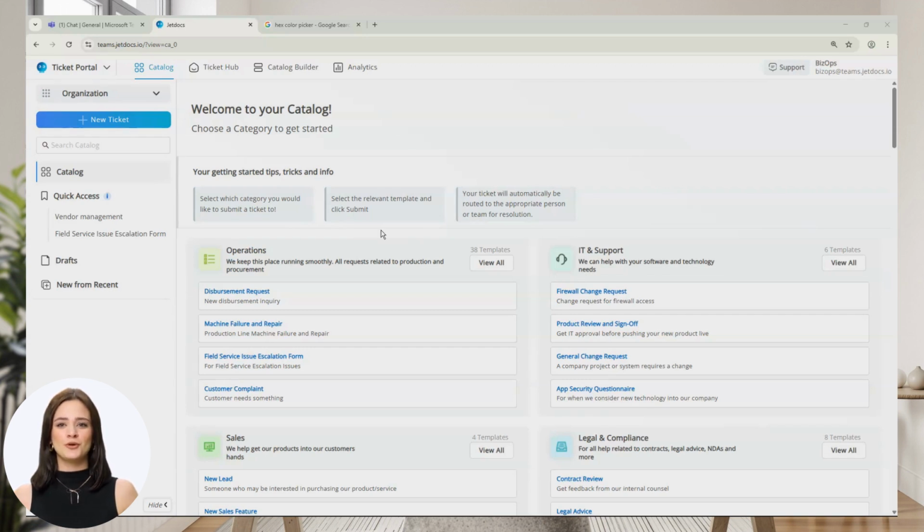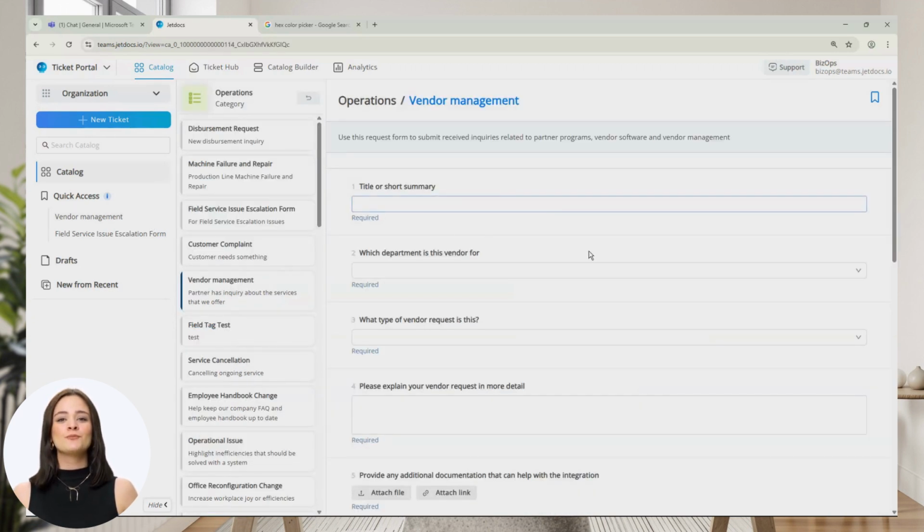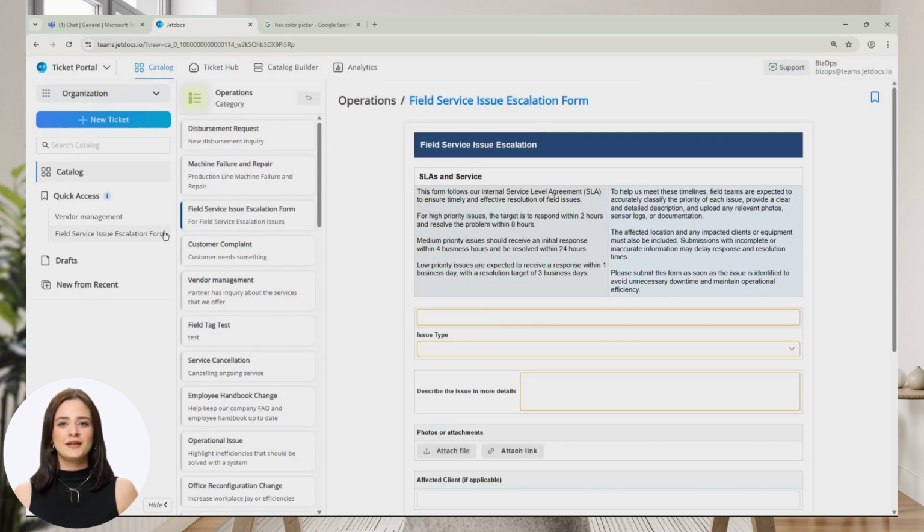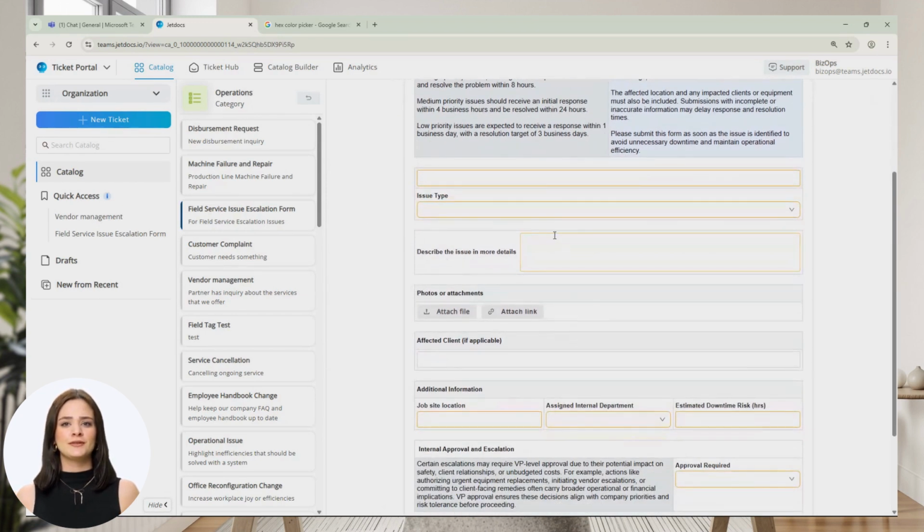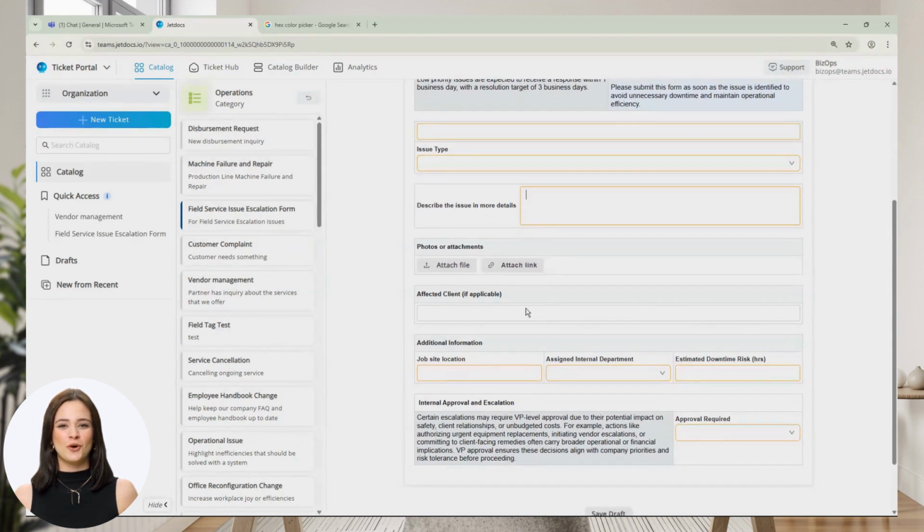In this video, we'll be going through the Jetdocs visual editor. This is an exciting piece of functionality that allows you to turn our regular forms that are in chronological order, that look like this, into PDF or document mimicking forms that look like this. This is great because each one of these fields is still a Jetdocs field, so all the data still flows